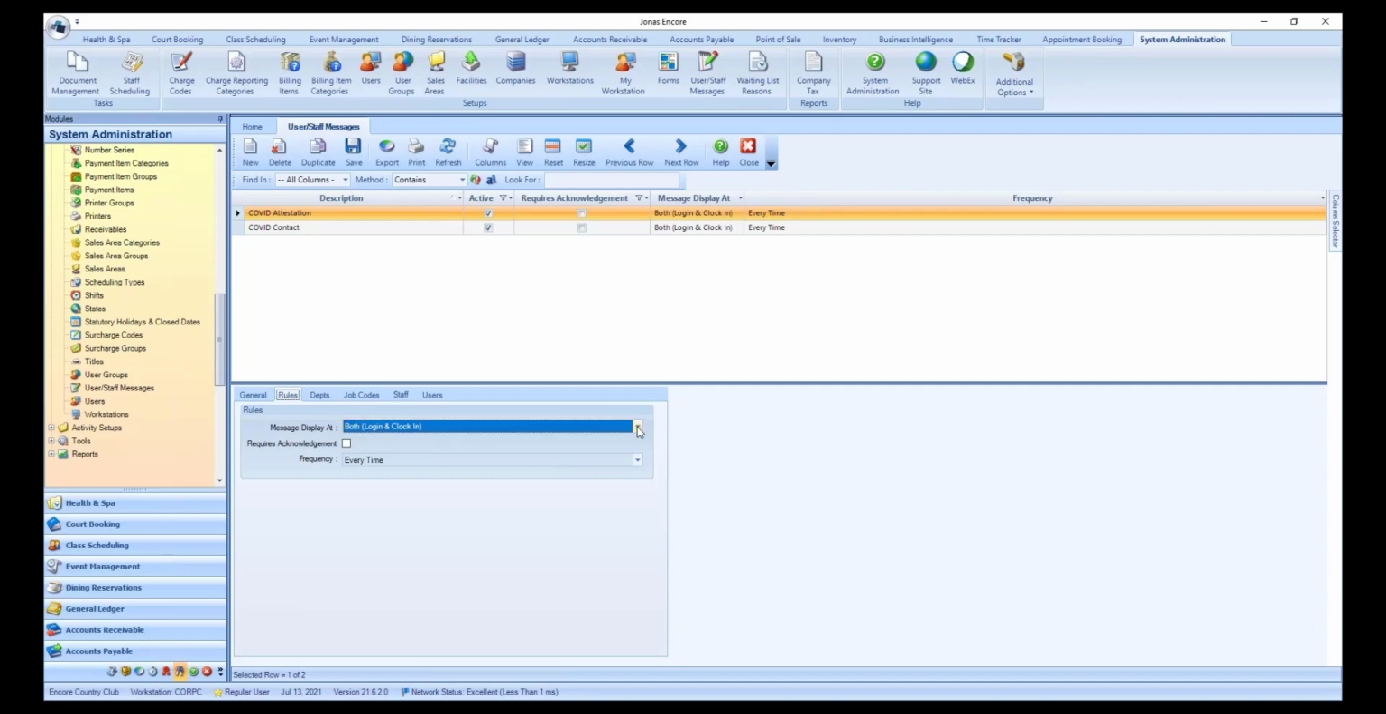Your other options there are that you can have it pop up only when they clock in, or only when they log in. So the key feature we've added here is that we can allow you to require acknowledgement of this message. If I check this box that says requires acknowledgement, I can then select whether I want this to require acknowledgement every time I log into the system,